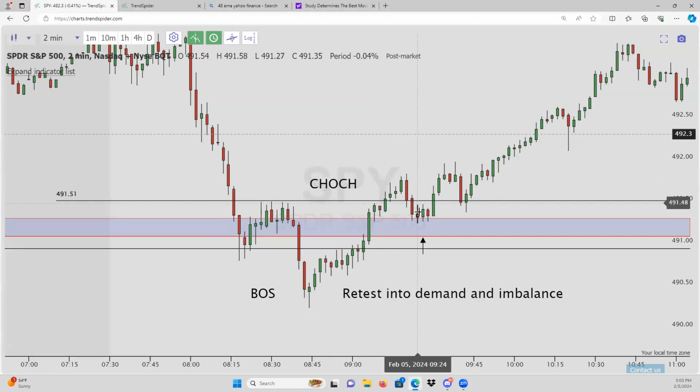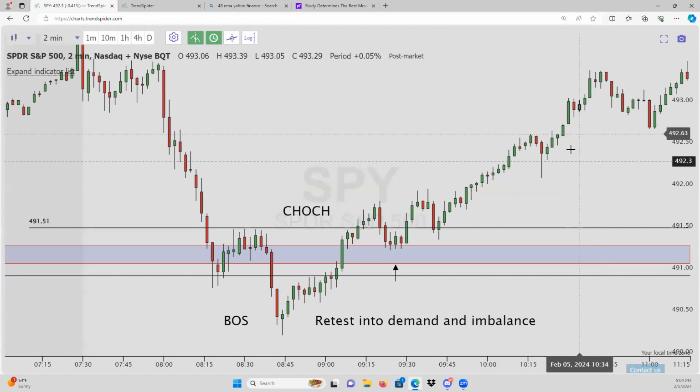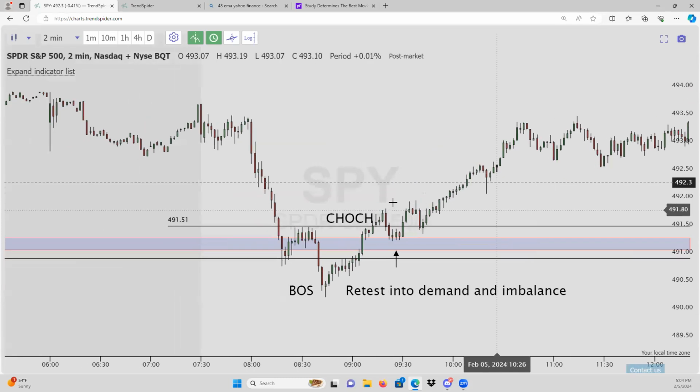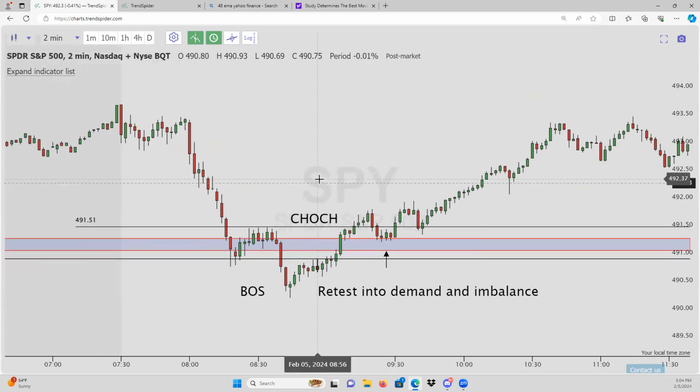We created a lower high, coming right back into this demand, into this imbalance, showing us, right, should get filled, should get bought up. This imbalance is now filled. It's getting bought up. We have demand here. And now we have a nice solid trend to the upside. Pretty much printed to the upside all day after that. So a little bit more advanced there for you, but hope that makes sense to everybody with break of structure and change of character.